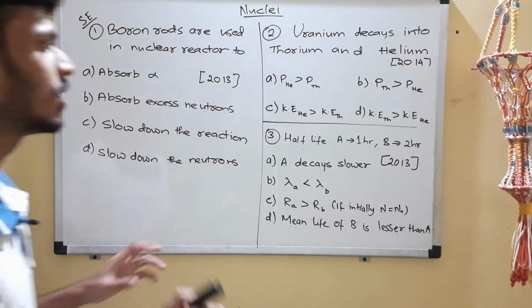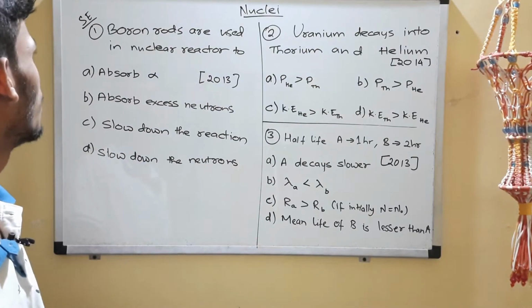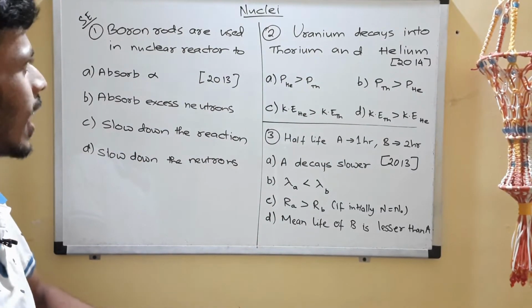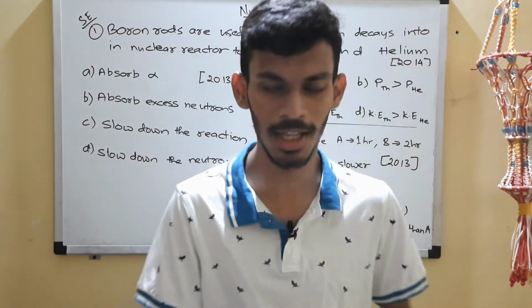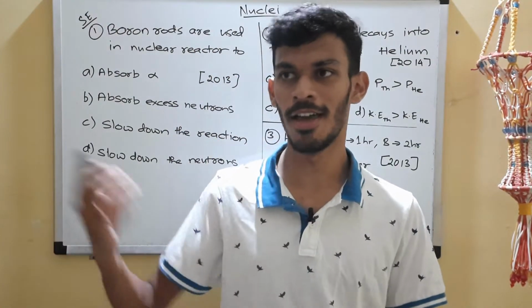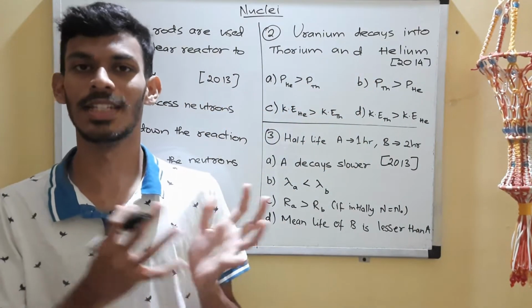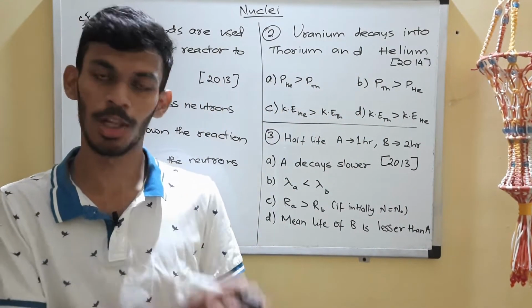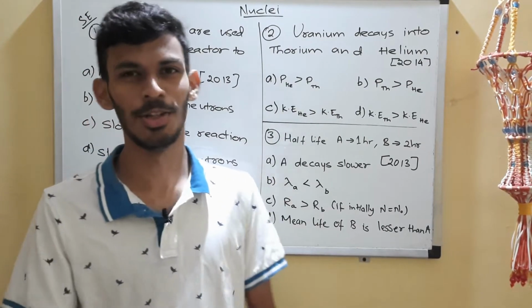So question 1, 2, 3 from the super easy category, let's give it a try. Question 1: boron rods are used in a nuclear reactor to... Basically, in a nuclear reactor you have nuclear fission happening, and at the end of every fission you'll have some neutrons which are released, right? Now, these neutrons will again collide with your parent atom or fuel atom, for example uranium, and